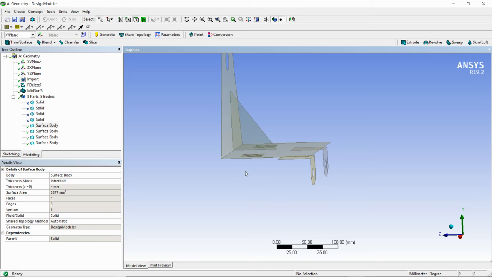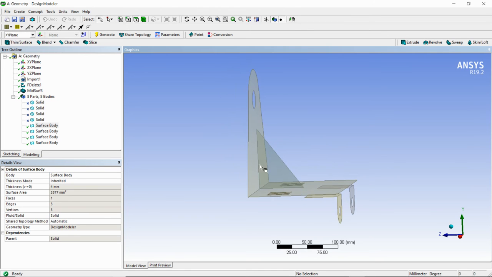I hope you understand how this gap is created. Because we have generated the mid surface, half of the thickness got deleted, so only the mid surface stays here. That's why we get the gap between these faces.